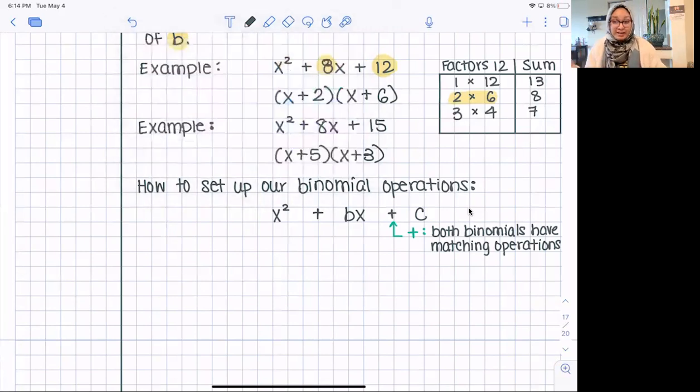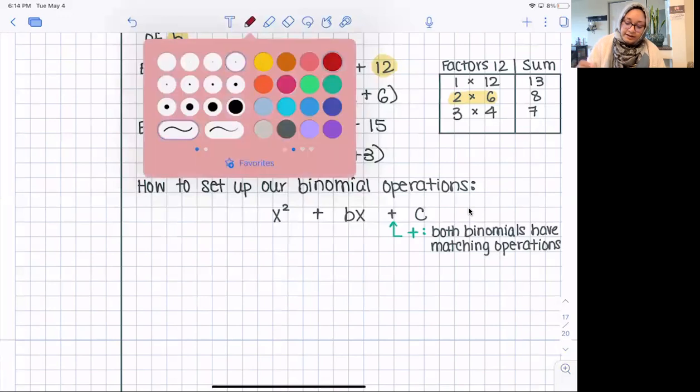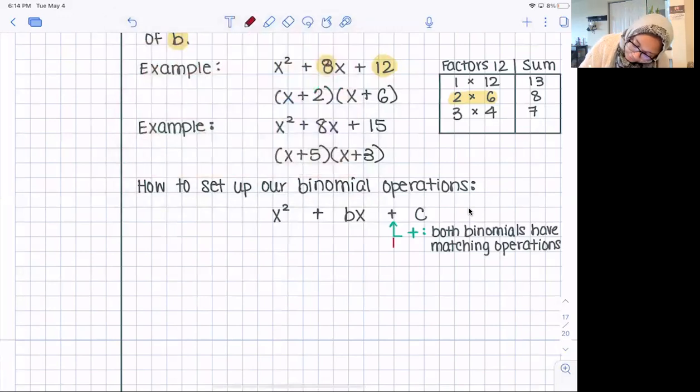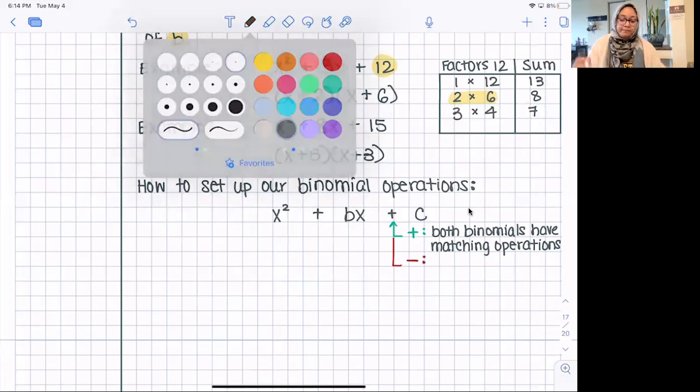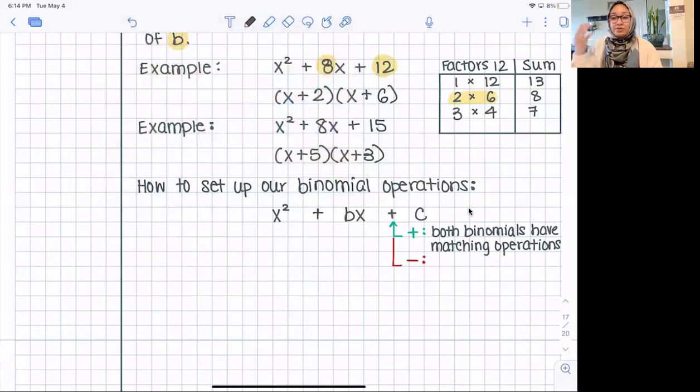If they're x plus, then this is going to be a plus. If they're both x minus, then this is going to be a minus. All right. Now, what happens if they are both subtraction symbols? Okay. If this symbol is a subtraction sign, then that means that